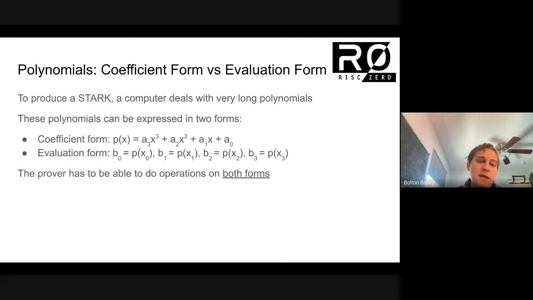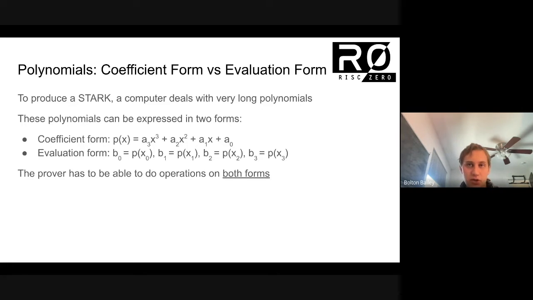There will be a list of evaluations, and the prover is going to have to publish some of those, and then there will be a coefficient form that the prover will transform it back into to do some sort of arithmetic operations on these polynomials to sort of reduce them. And so basically it's very critical that we be able to pass between the coefficient form and the evaluation form,